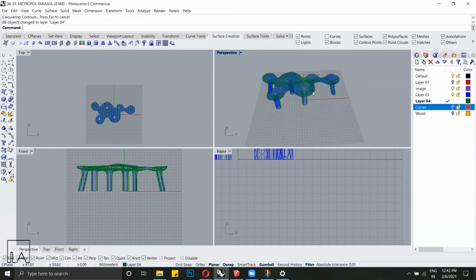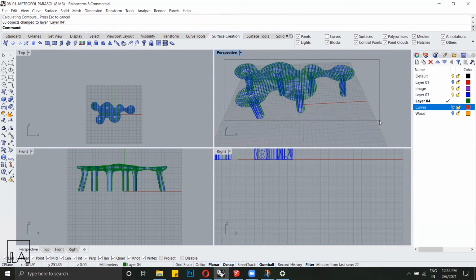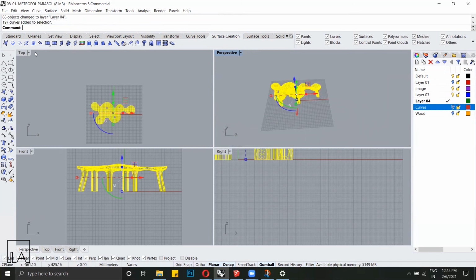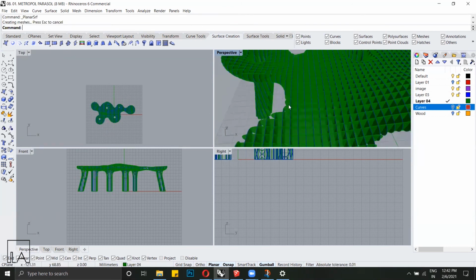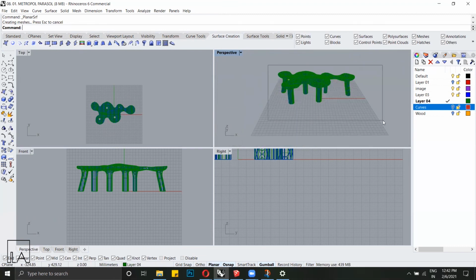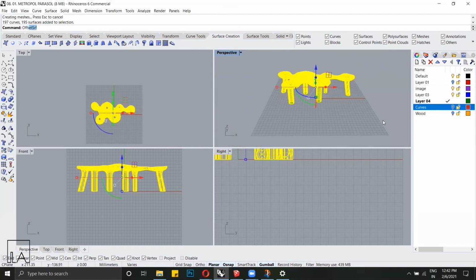And now the last thing we need to do is first create planes out of this. I'm going to select my curves option, select the entire thing, and now I'm going to go to surface from planar curves, because each of them is a planar curve within itself. So you can see I have my planar surfaces and I have the shape as I need it. And the last thing I'm going to do is offset surface.